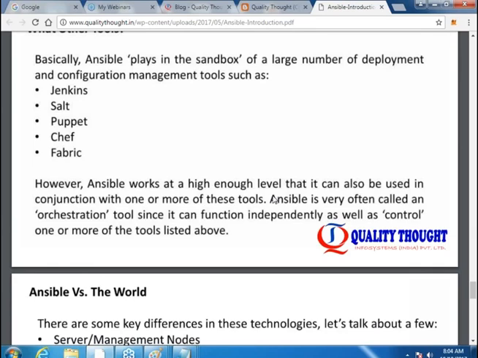But when it comes to Salt, Puppet, Chef, and Fabric, these are the real competitors of Ansible. Out of which Chef and Puppet have a decent market share. Salt and Fabric have even less market share than Ansible has. So Salt and Fabric I'm not going to consider at all. Chef and Puppet are basically pull models, right?